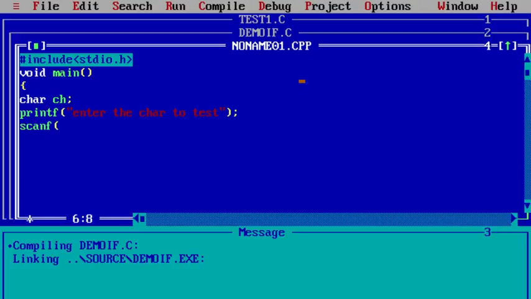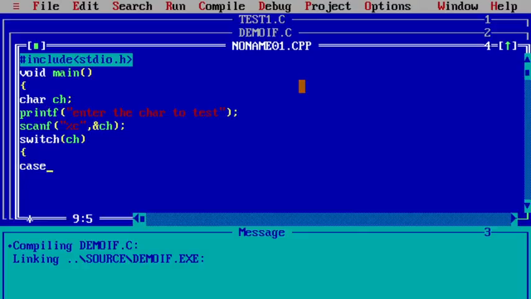So for that I have the syntax scanf and then the format specifier for character, so you can use %c, comma, then ampersand, ch in brackets, bracket complete and semicolon.